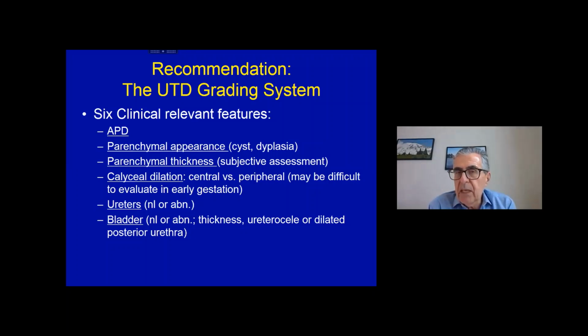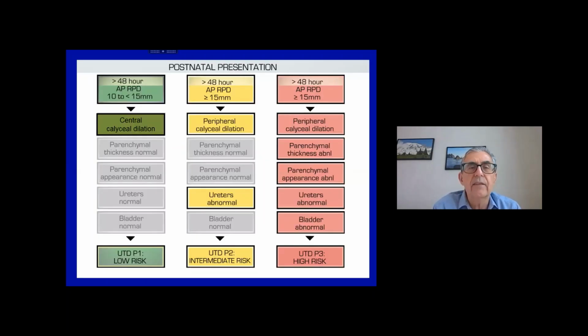And it's UTD-P1, UTD-P2, and UTD-P3. If you compare those to the SFU grading system, it's just one grade lower. So UTD-P1 is usually an SFU grade 2, UTD-P2 is an SFU grade 3, and UTD-P3 is similar to an SFU grade 4, but the grading system is a little bit different in that it adds all these components to the grading system. So when we look at the postnatal presentation,